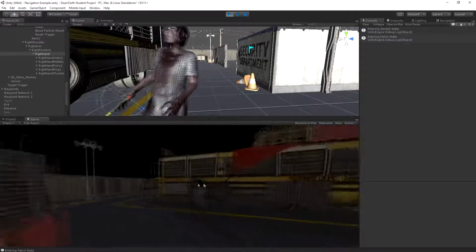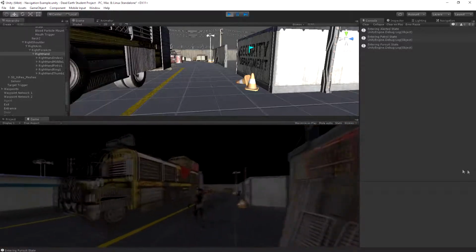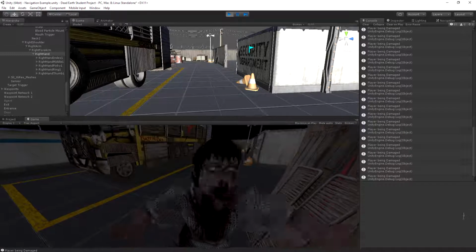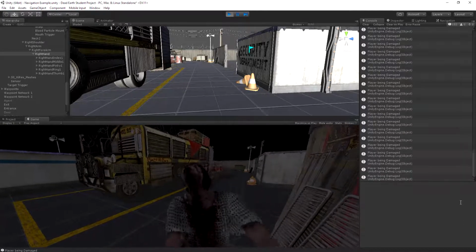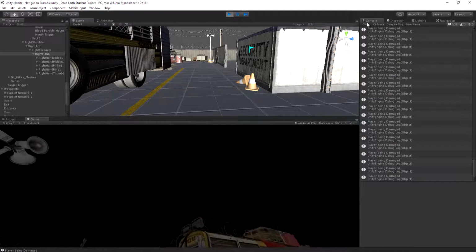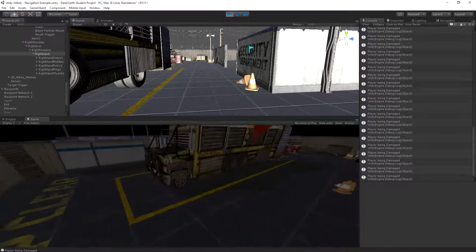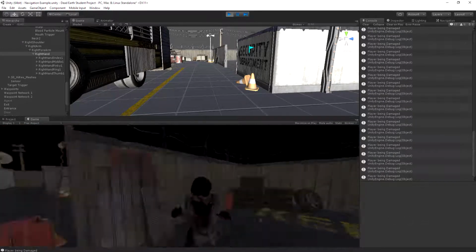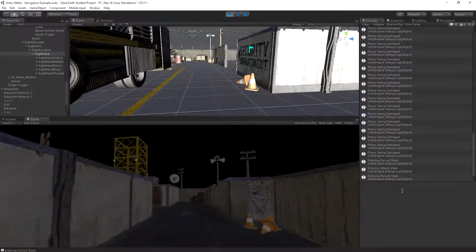So you can see at the moment all is well. Jill sees us, she comes up, and hopefully we'll start seeing some output. There you go. She's kind of attacking us, we're getting damaged as she's biting us. And every time her hands or her legs intersect our body collider, we can see that lots of damage is being done. The problem we've got at the moment is if I get out of the way of Jill,